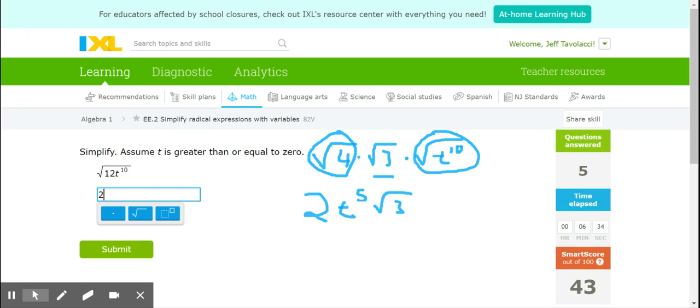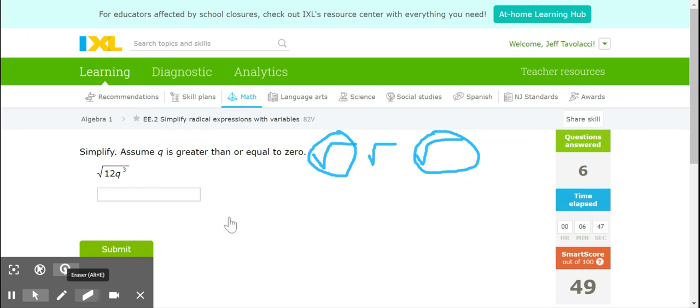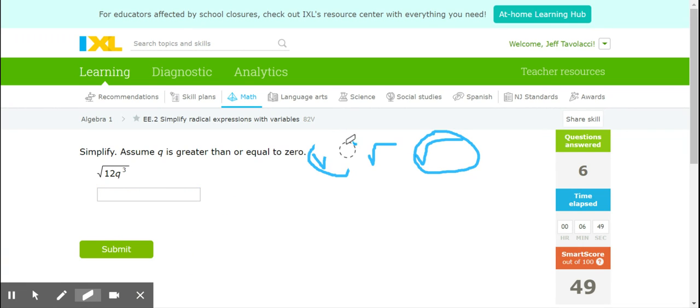Okay, so 2t to the 5th power times square root 3. Okay, we've got our first odd. So it took me to 49 to get my first odd problem. All right, so